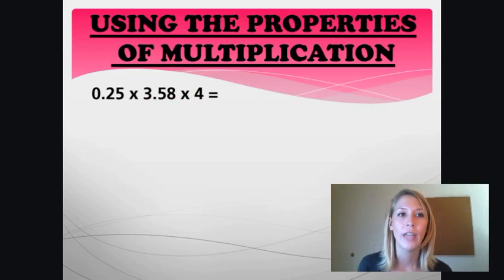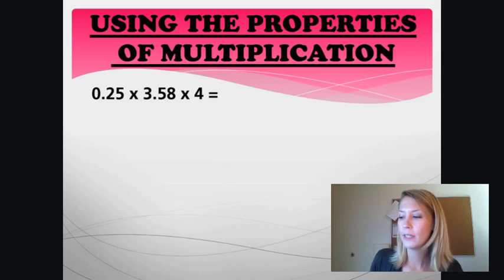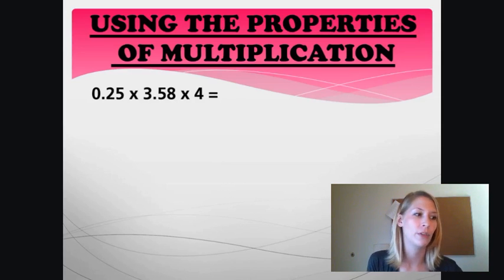So let's take a look at this multiplication problem to figure out if we can use different properties of multiplication to help make this easier for us to solve in our heads. First, I'm going to use the commutative property, which states that no matter what the order of this problem is, it's still going to have the same product. But I'm going to change the order to be